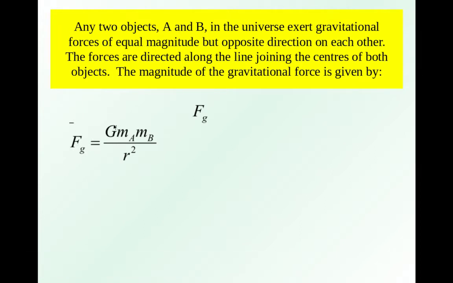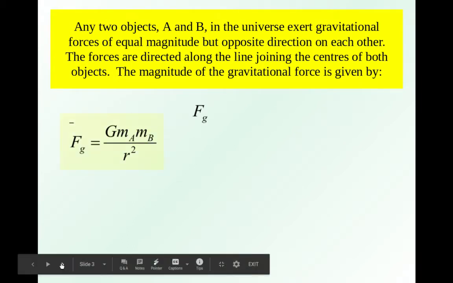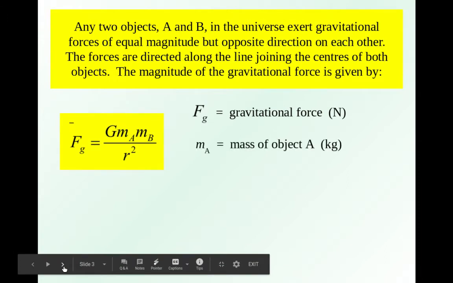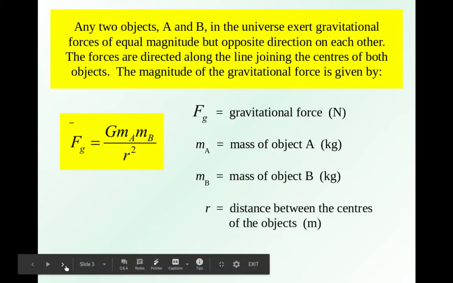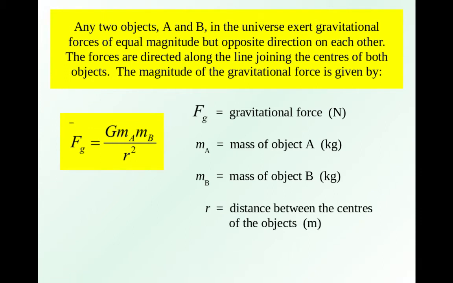Fg is equal to G, capital G, make sure that this is different than lowercase g, times the mass of A times the mass of B divided by r squared. And so we'll go through what each of these are. So Fg, gravitational force measured in newtons. Okay, we've done that before. Again, M, mass of object A, B, mass of object B, okay, and R is the distance between the two